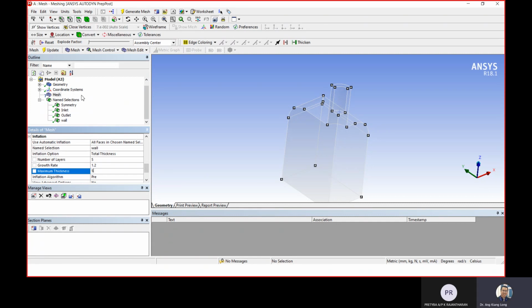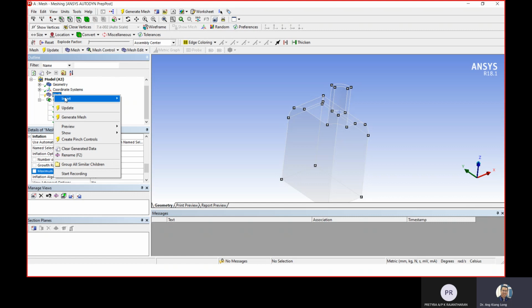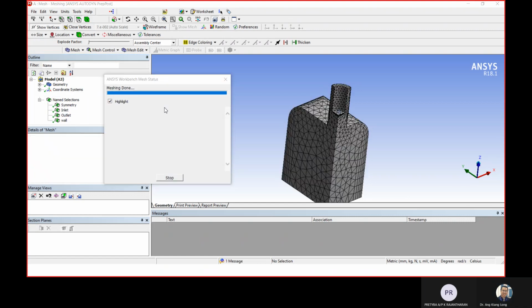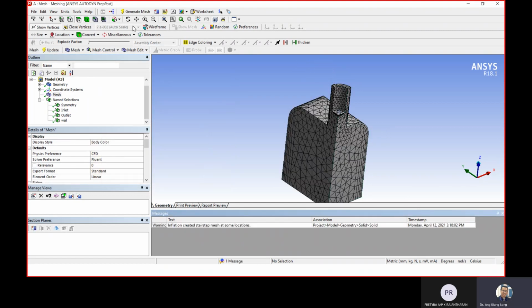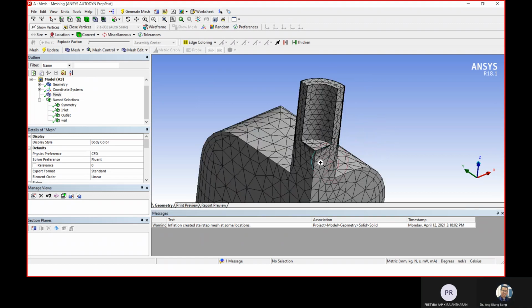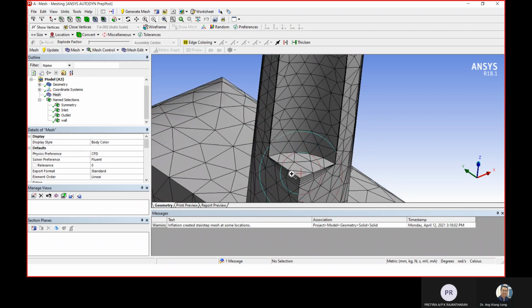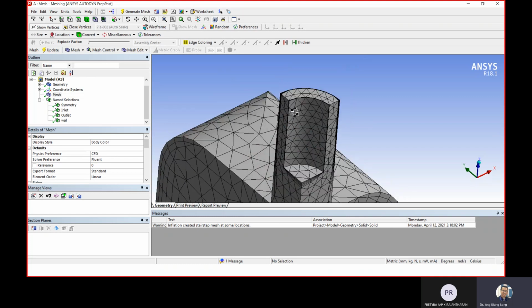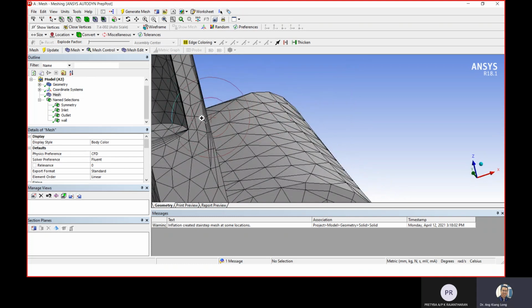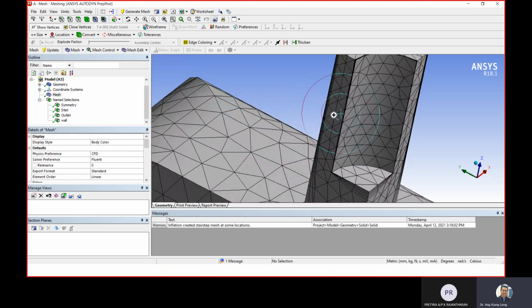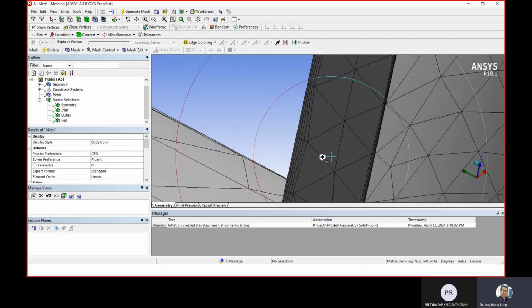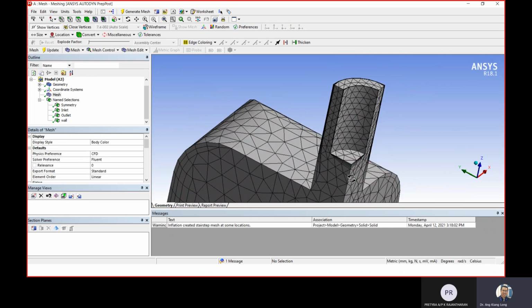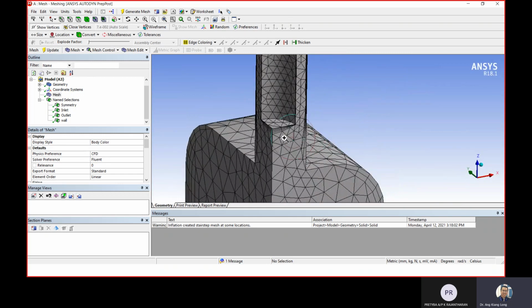Then after that, once you do all this setting, you go to mesh and generate mesh. So if you zoom in the area of the neck here, you'll see we are seeing the 5 layer for the area that we selected just now. Okay, so the wall, you see the wall that we select here and here. You see all the wall is having 5 layer that we set just now. So this is how we ask the computer to purposely focus on the layer that is highlighted just now. Okay,